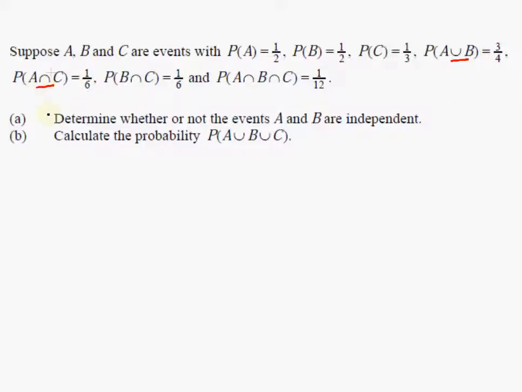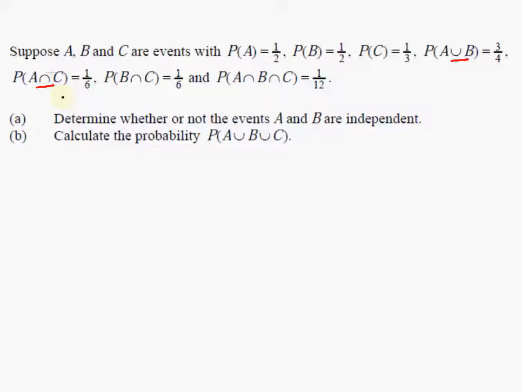1/6. Now let's just be careful that the two symbols I've underlined are not the same. They're two very similar but different ideas. A intersection B means A and B. It means both A and B, not one or the other or both. It means it has to be both. That's an important thing. B and C, or B intersection C, is 1/6, and